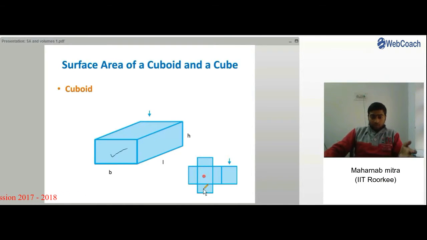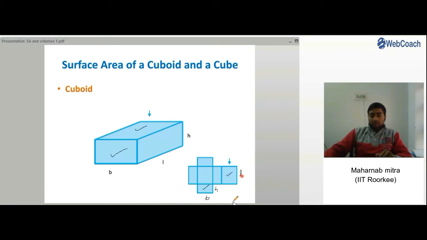So for this face, which is this one, this face was the bottom one. This is the base and this is the height, right? So this one is the height. And for the back portion also, it is the same. For the top portion, which is this one,